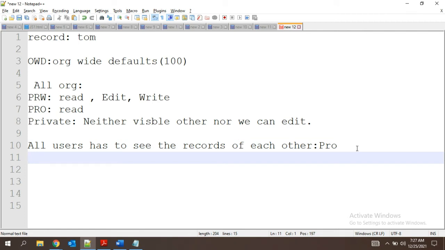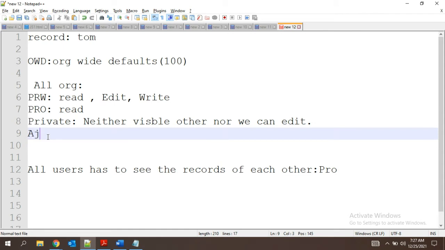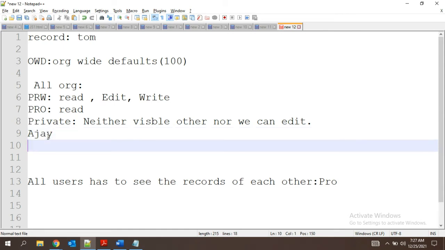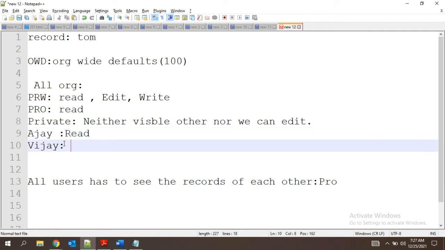We should always try to give the least access. If there are two people, Ajay and Vijay, the requirement says for one we need only read access, and for the other we should not show the record, that is private.